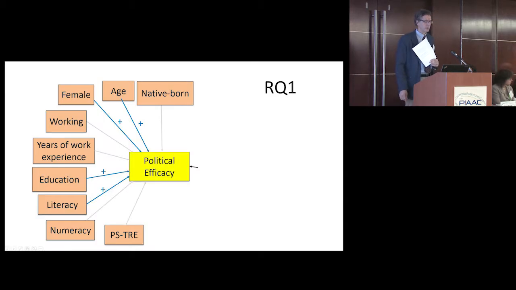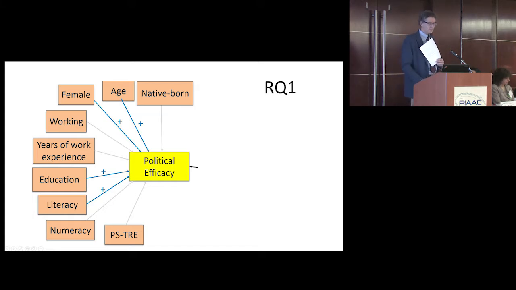And then for research question 2, the effect of native-born status dropped out. It was no longer significant. Females were more politically efficacious than males, as occurred before, and education, again, positive, literacy positive, and age positive predictors